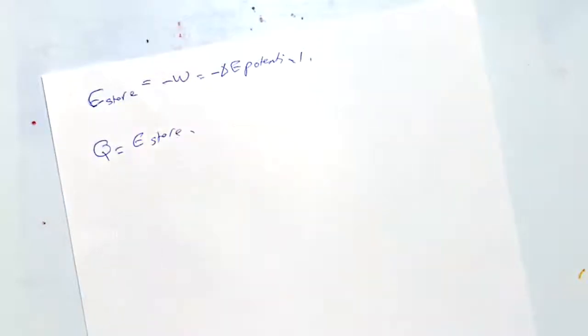So if you transfer the energy reversibly back to the sun in the form of heat, Q equals E store. Remember, if something falls from a height and hits the ground, all the energy is converted to heat. But we know that it's impossible to convert all of that back and store it. In this case, we assume that it's possible. It's basically the principle of a perpetual machine, again something that is impossible, but there are a lot of patents that claim this is quite possible.